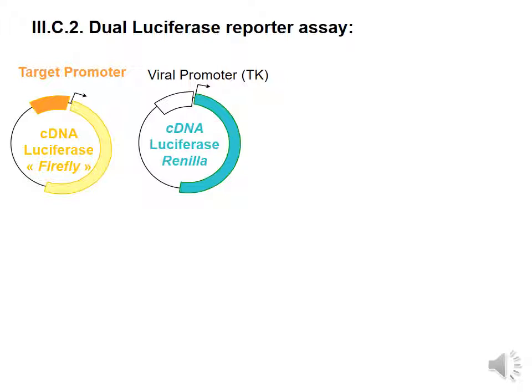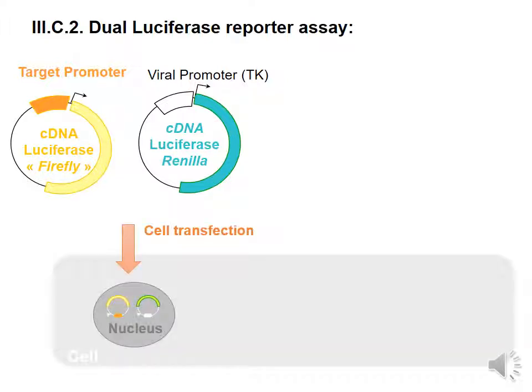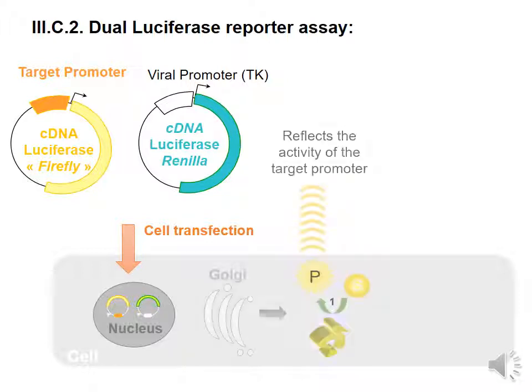These two plasmids are transfected into cells. And if your gene of interest is expressed under your experimental conditions, upon addition of the proper substrate, firefly luciferase will be transcribed and translated, and light will be produced in the presence of this appropriate substrate. The emission of light reflects the activity of the target promoter. Then this reaction can be stopped,